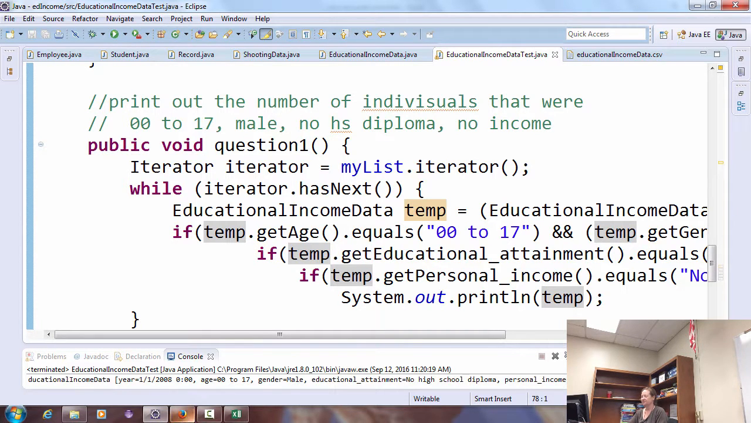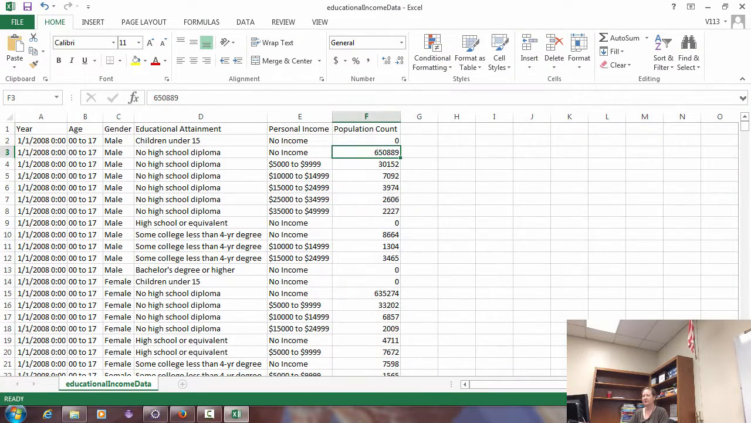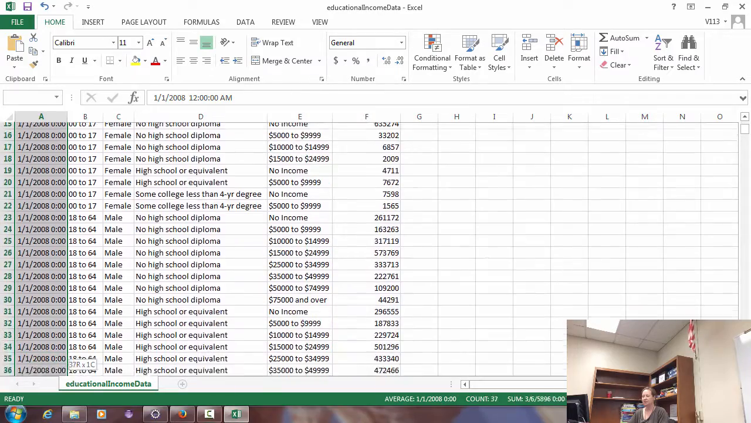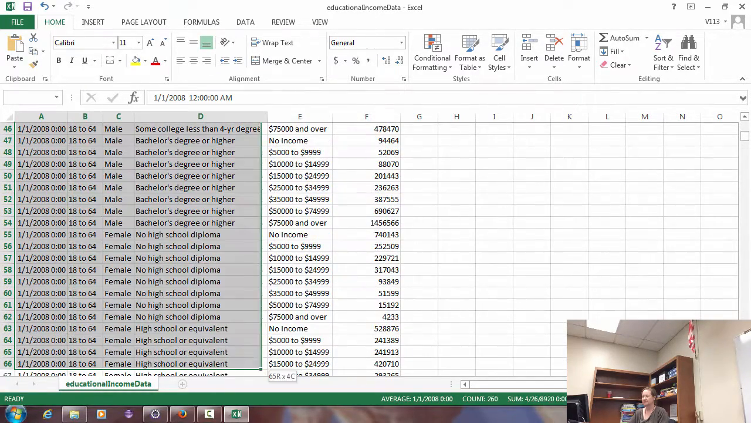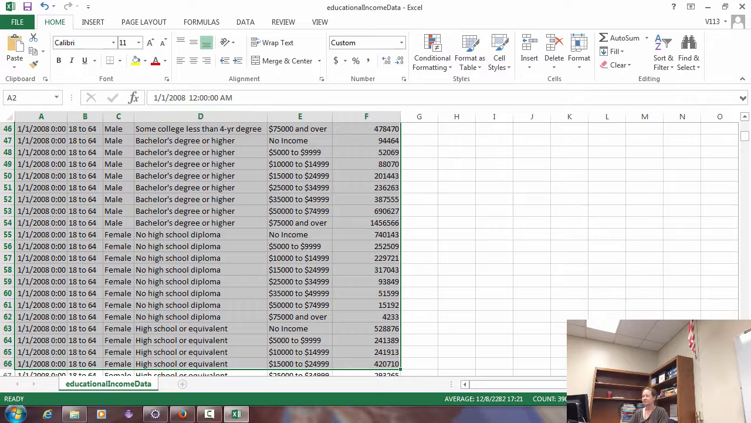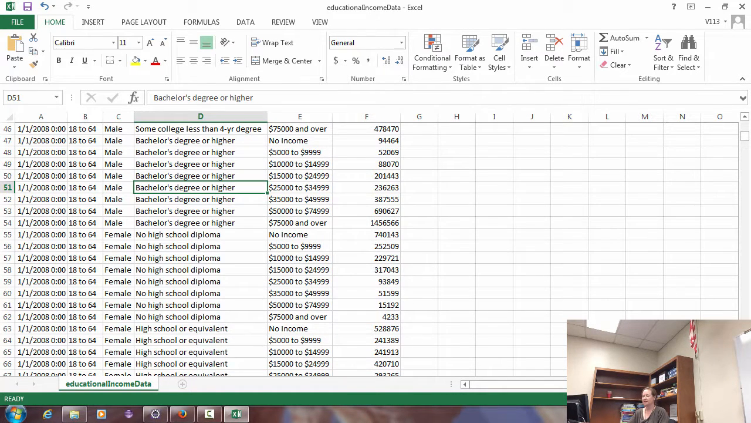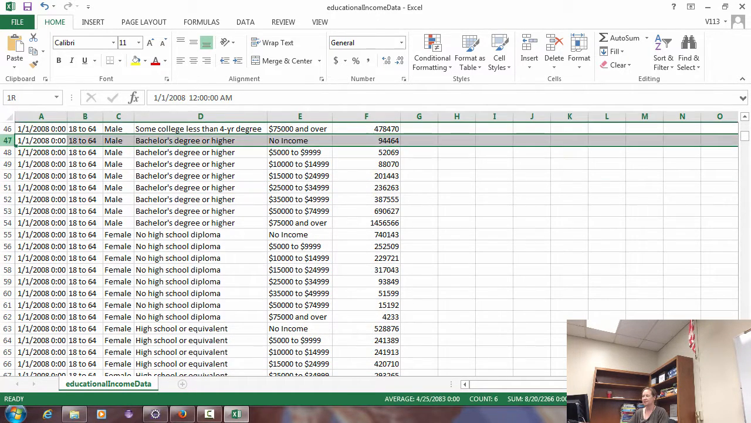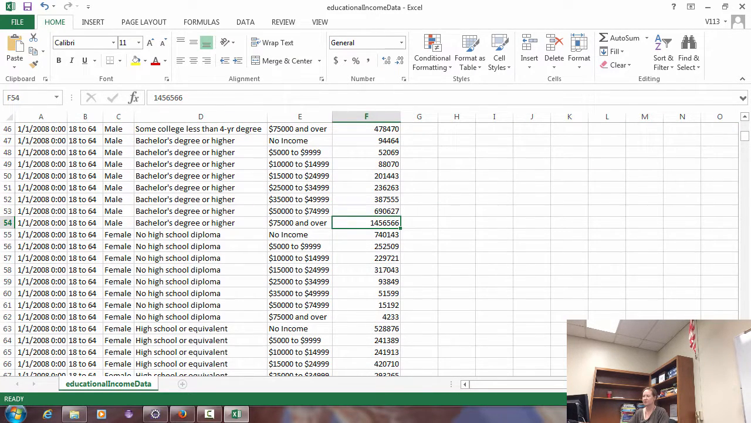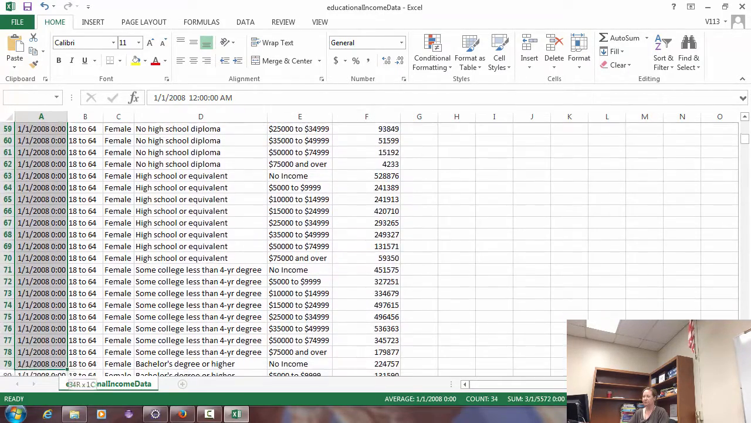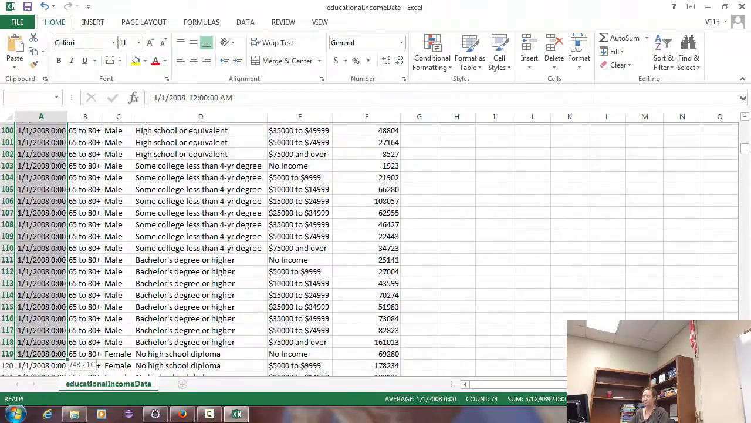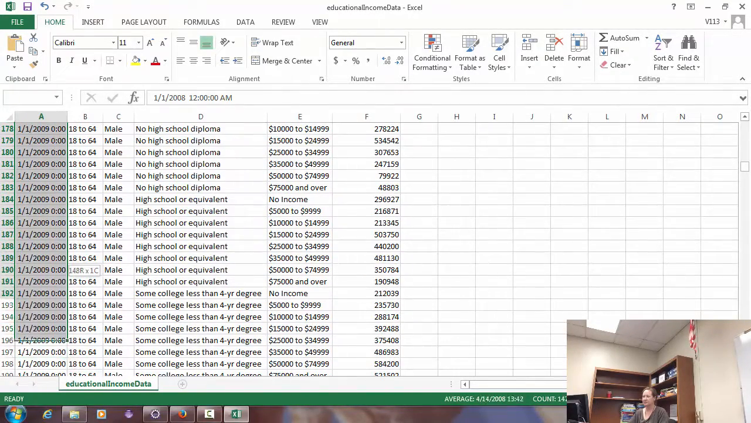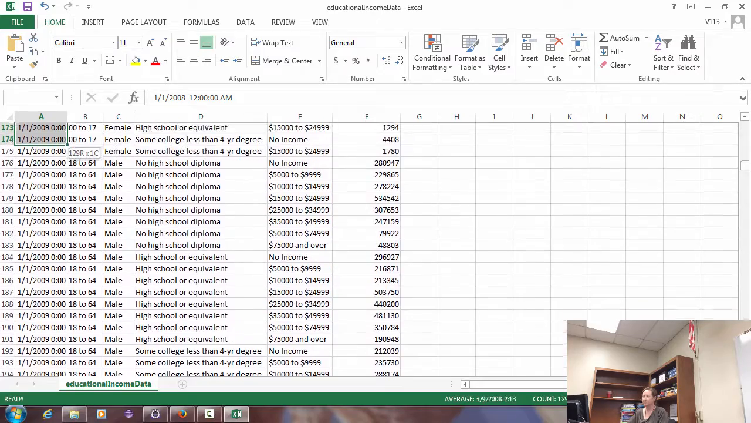How about for every year, what is the largest population count? What record or which category has the biggest population count for every year? So in other words, for all these 2008s, so all the 2008 data, there's a lot of 2008 data, all the 2008s. So for that year, 2008,